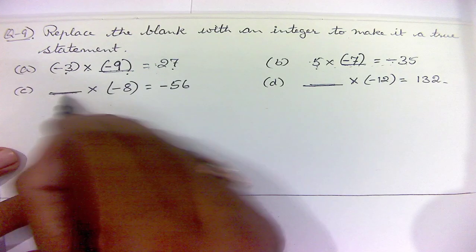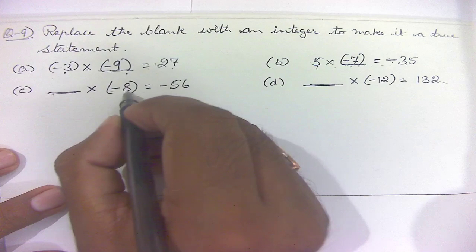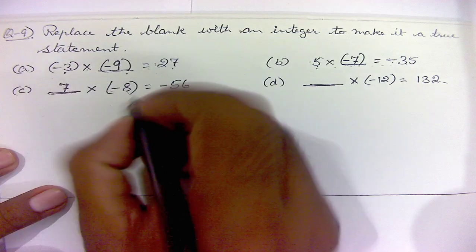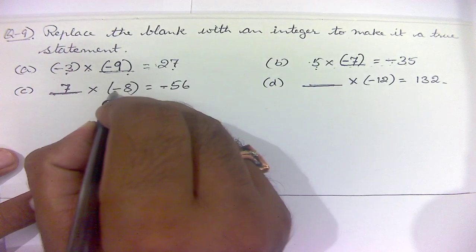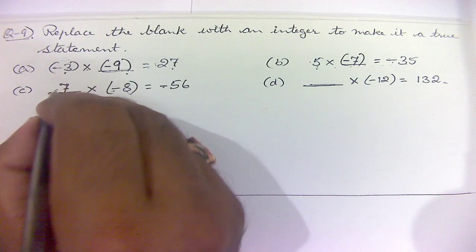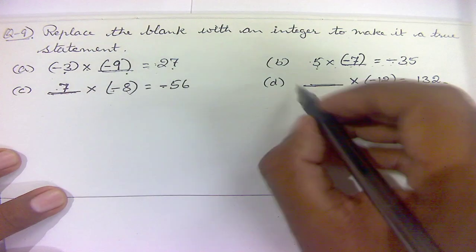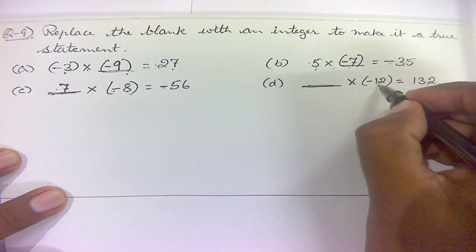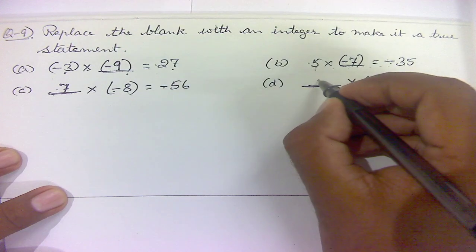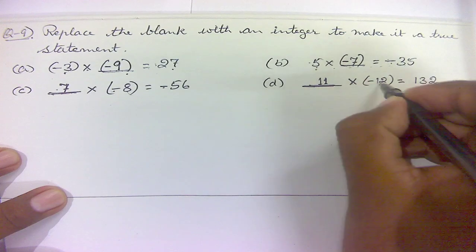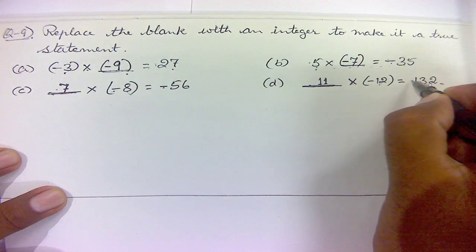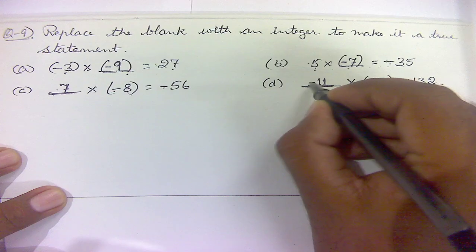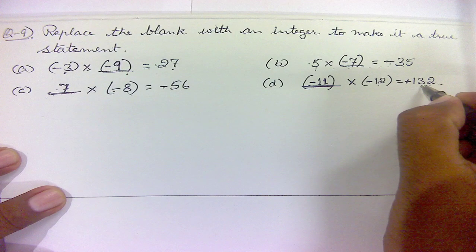Similarly, dash multiplied by minus 8 equals minus 56. Now how many times of 8 is 56? 7 eights are 56. This is minus. One minus we already have. So this is to be plus. So it will be only 7 here. Now the last one, it says dash multiplied by minus 12 equals 132. Now 12 how many times is 132? It is 11 times. 11 multiplied by 12 will give you 132. But this is positive. This is a plus sign here. This is minus. So we will have to multiply it with minus so that we get plus.